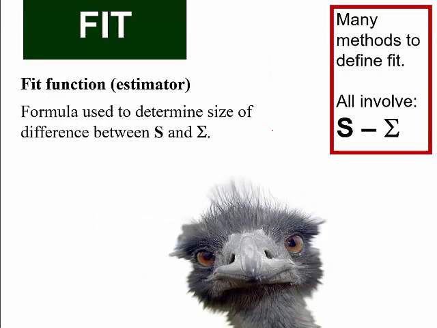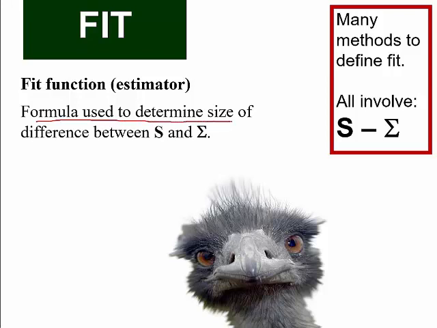So that leads to the question, what formula should we use to decide how close our reconstructed variance-covariance matrix comes to the actual sample variance-covariance matrix? Previously, we talked about the maximum likelihood formula, and I'm going to talk about that again shortly. There are also some other ways that we can do that, but one way or another, we need to have some kind of formula